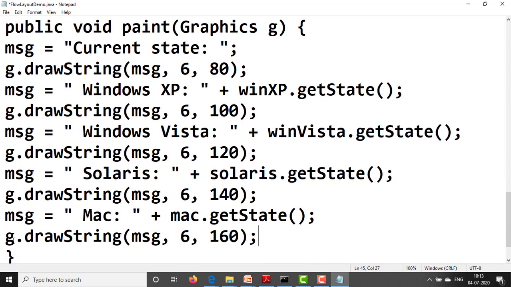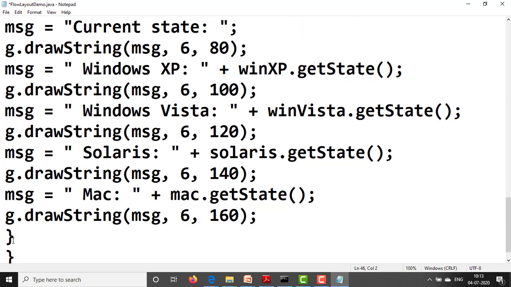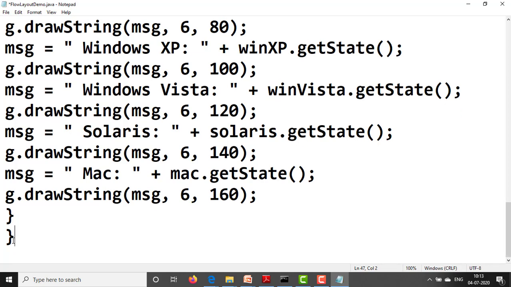Next, msg equal to "Mac: " plus Mac.getState(); g.drawString(msg, 6, 160). Like this we can handle the state of the checkboxes. Close the paint method, close the class. Like this you can write the program.